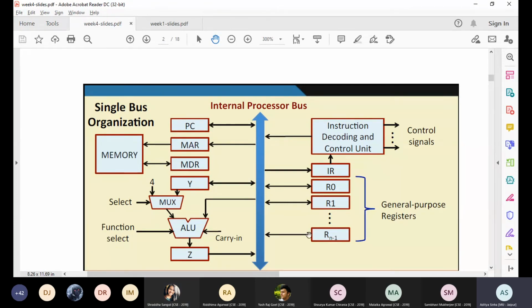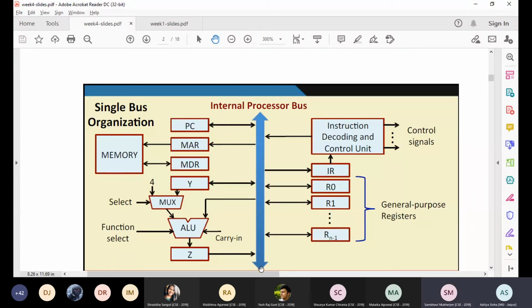Yes. Okay, so in the right hand side, you can see there are various general purpose registers. These general purpose registers actually vary according to the processor and according to the processor architecture. So various other processors will have various different number of general purpose registers. And here, as you can see, there is a dedicated instruction decoding and control unit, which is connected with the instruction register. So all the instructions are decoded here, and that is being sent to this single bus architecture. Single bus, and from there the other registers can access the data.